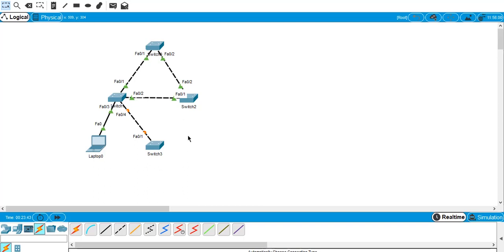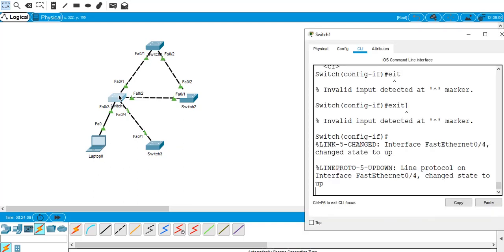So it's going to start transitioning to forwarding: blocking, listening, learning, then forwarding state. They will eventually find out that this switch is the root bridge. So imagine a user connecting to this switch. Understand? Okay, it's up. Let's see which switch is the root